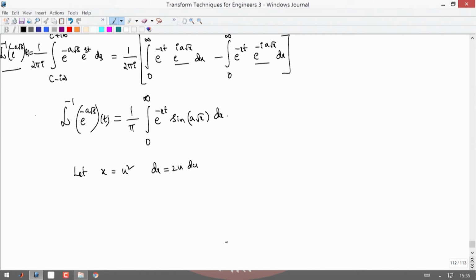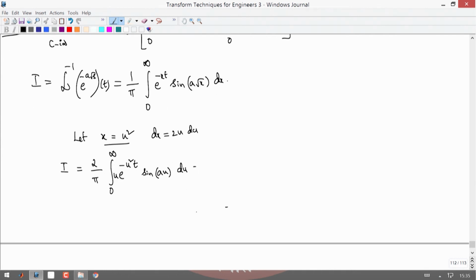Let us call this I. So you have I equal to 1 by pi times the integral from 0 to infinity only, and e^(-x t) with x equal to u squared, so you have e^(-u² t), times sin(a√x), which is sin(a u), and dx is 2u du. So u comes here as 2u, and you have du. So this is exactly equal to root 2 by pi times